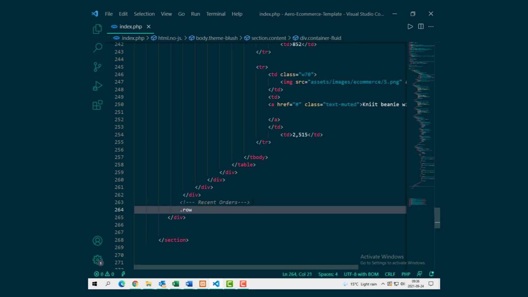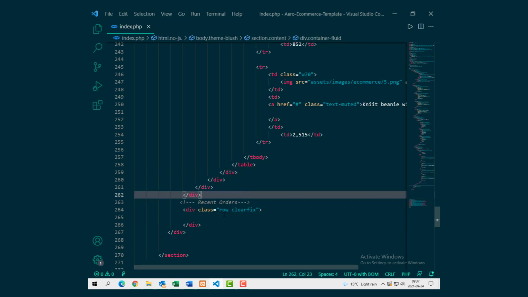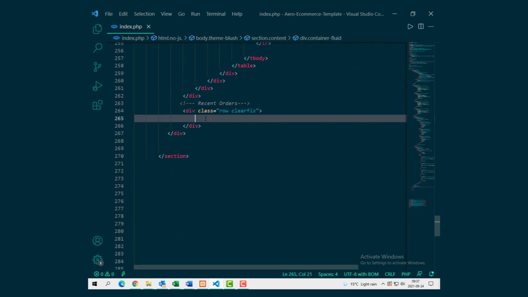So this should be recent orders, so this should be again within a row. So we are done with the first row. So we have created at least 3 rows in this project. So the very first one that has the circles, we have the second one that has the chart and the popular products, and now this is the third row where we are having the recent orders. So we're having a div with a class of row and also a class of clearfix, and within that row,